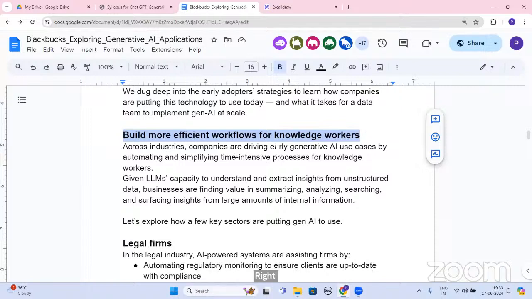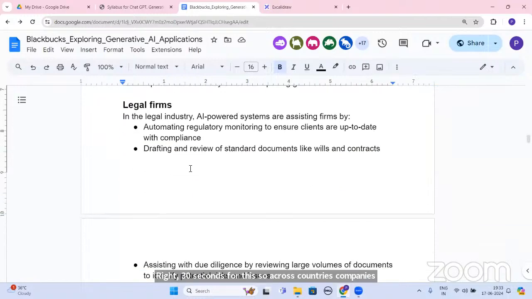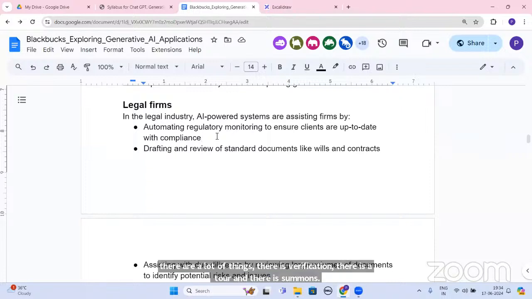So across countries, companies are driving early generative AI use cases and they are preparing more efficient workflows. So let's see how it works in the legal department. In the legal industry, AI-powered systems can regulate monitoring to ensure that clients are up to date with compliance. So when the clients are going, there are a lot of things: there is verification, there is arrest warrant, there is summons, right? So it can be used to make sure that all the clients are covered.